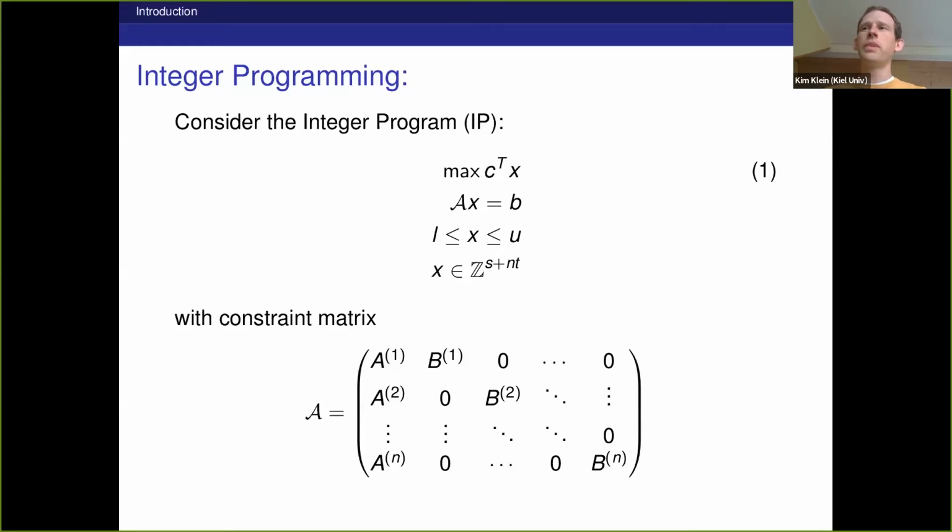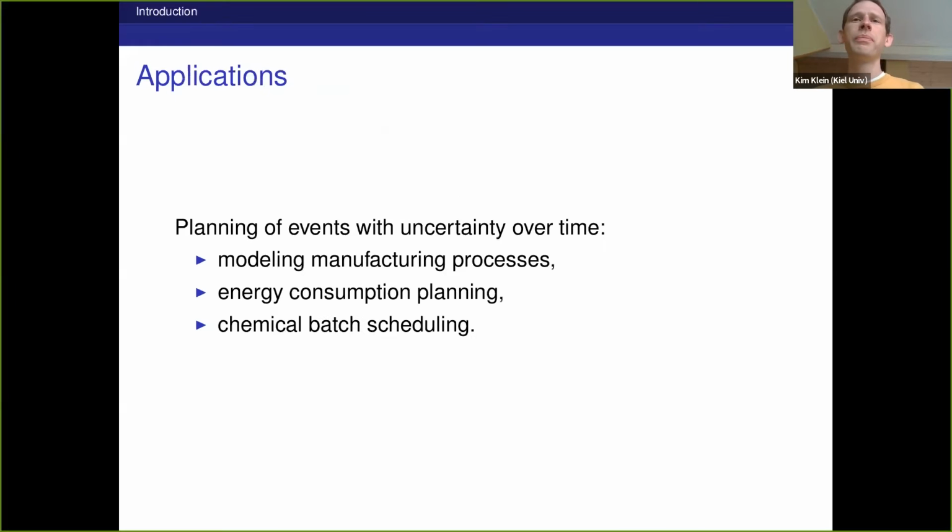And actually, if you are familiar with stochastic programming, you might be familiar with those types of matrices. In practice, they are a very common tool to model processes over time. So, for example, they are used in the modeling of manufacturing processes, or in modeling energy consumption and planning ahead of time, or in chemical batch scheduling. The idea behind how you model these things is